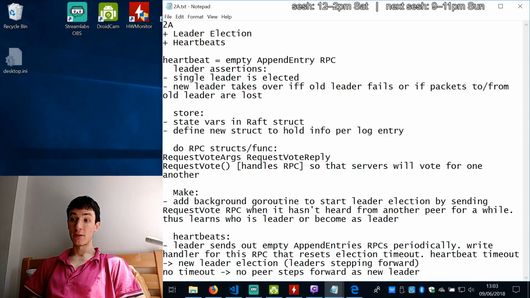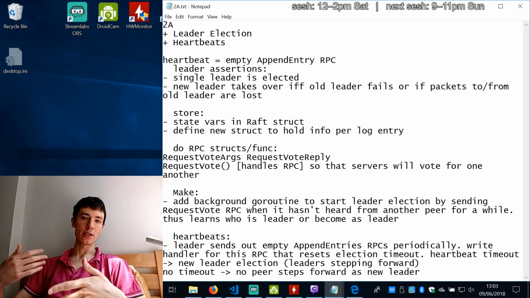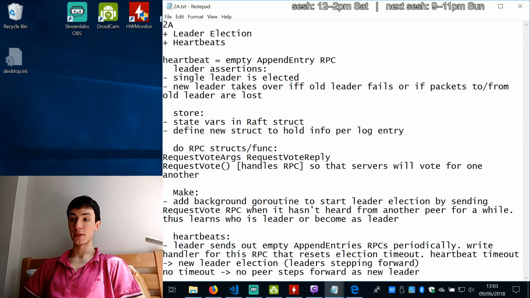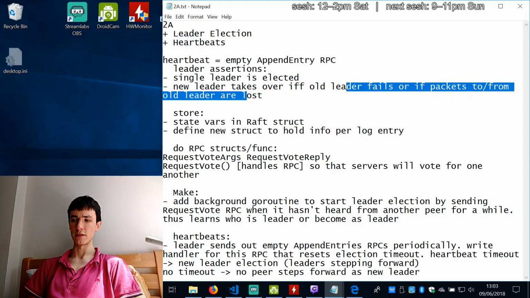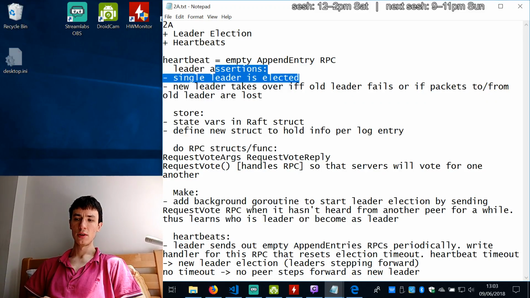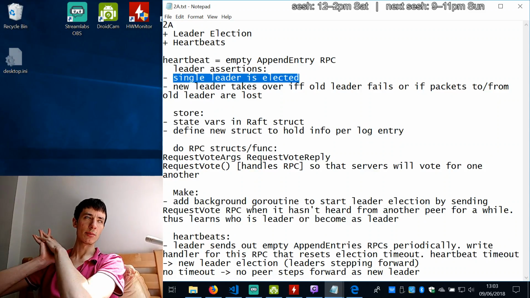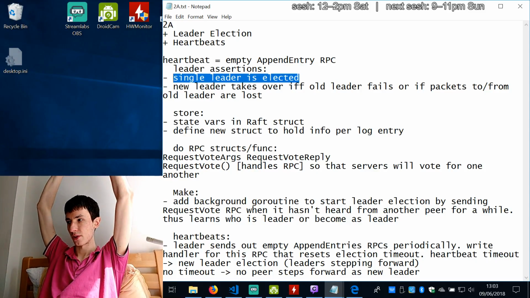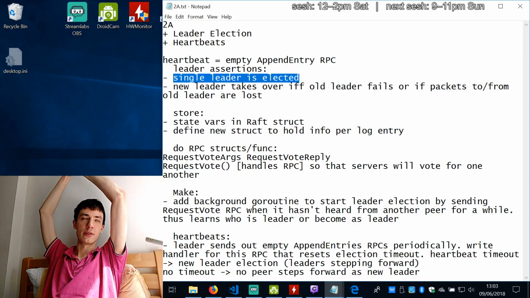Yep, we're implementing the leader election heartbeats. Those are cyclical, like I kind of described. This is what a heartbeat is: leader assertion. A single leader is elected, and a new leader takes over if the old leader fails. This last part I said is not too important to internalize. Single leader being elected is quite important to do correctly because, well, obviously the test tests for that. But not only that, but